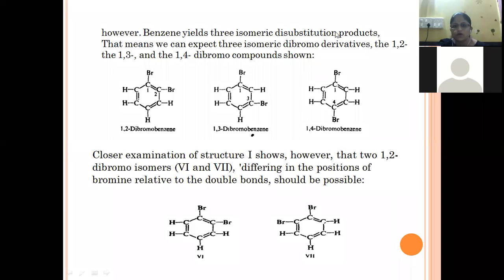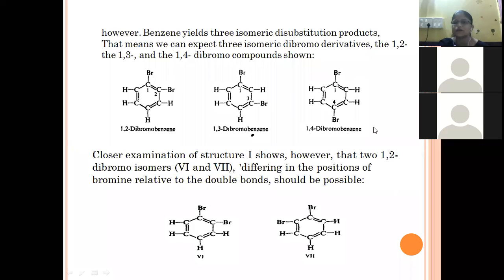Benzene will go for disubstitution product. That means we can expect three isomeric dibromo derivatives: the 1,2-dibromo derivative, the 1,3-dibromo derivative, and the 1,4-dibromo derivative. In common language, we can call these structures the ortho dibromo derivative, the meta dibromo derivative, and the para dibromo